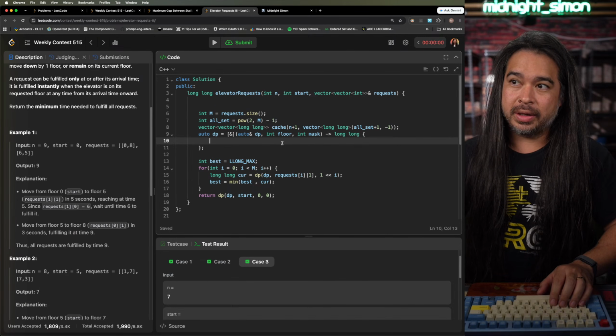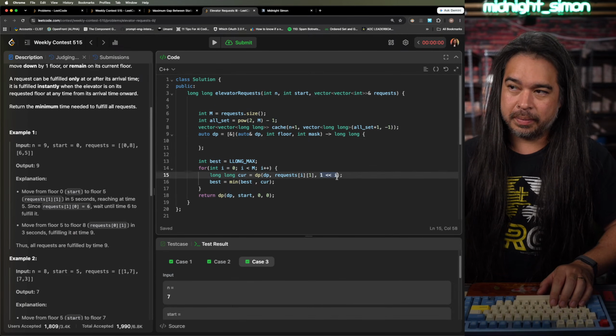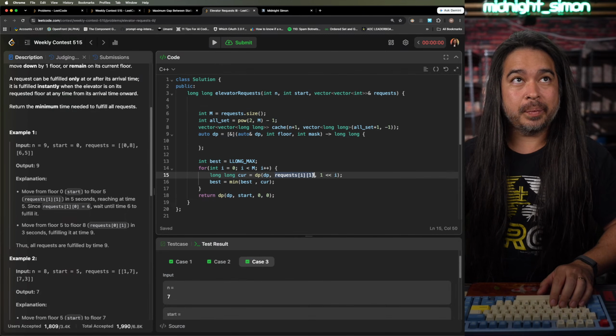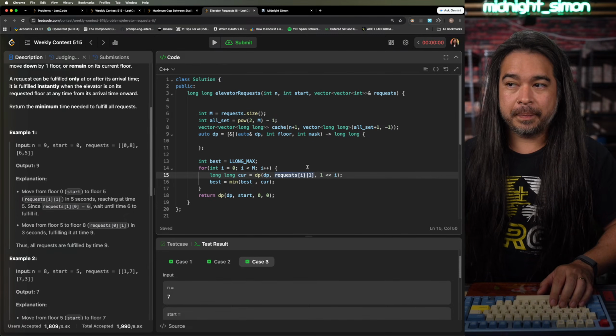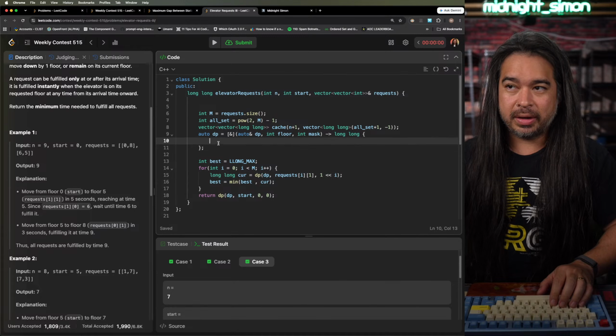So in here, we're at that floor. That's the floor we start at. So in here, when we're iterating over these things,